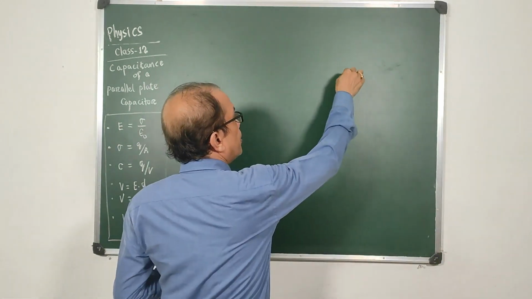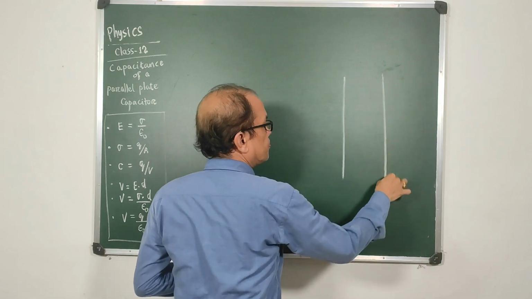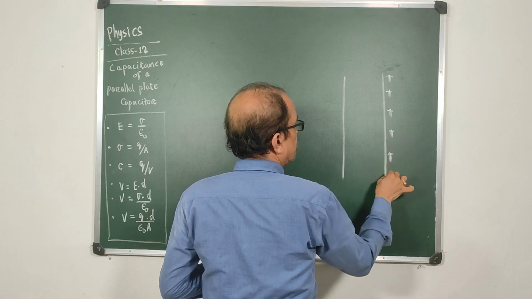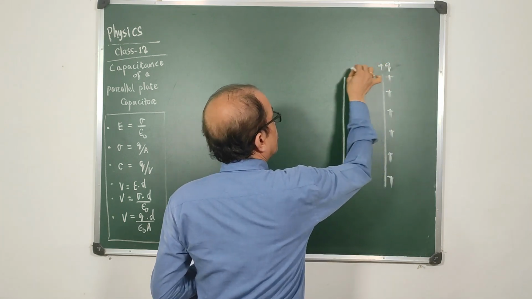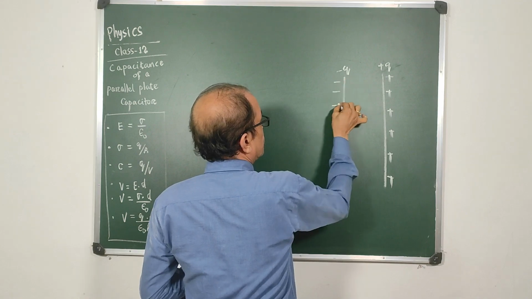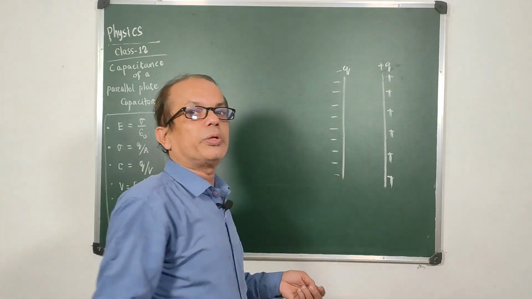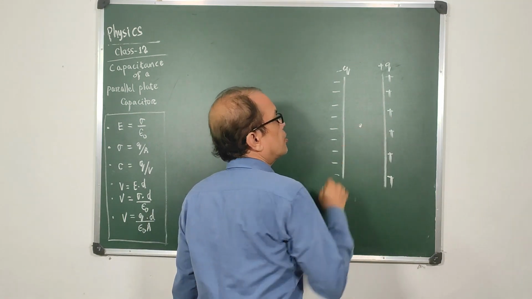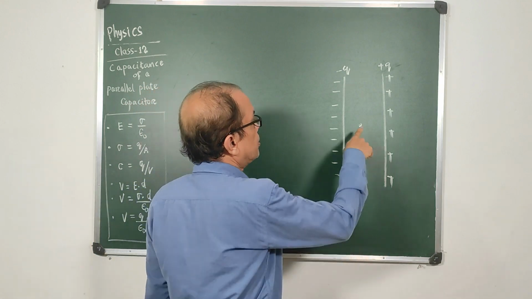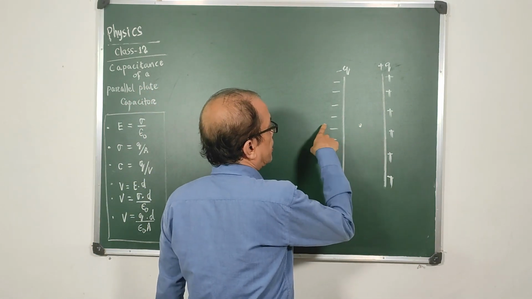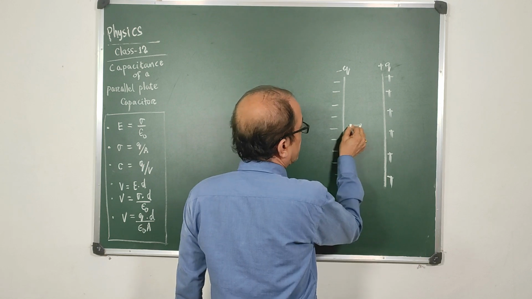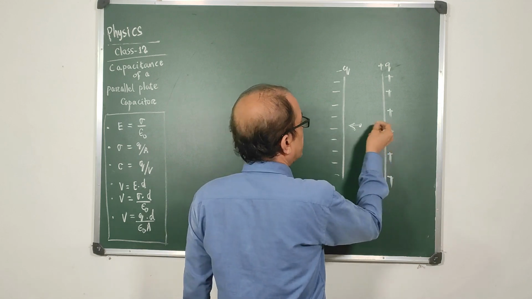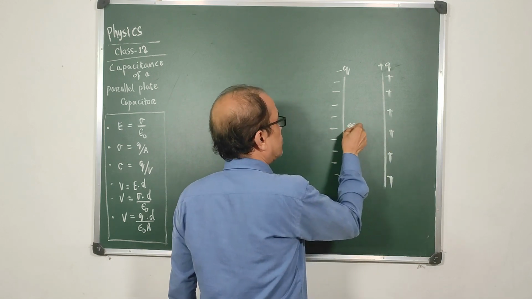If we place a capacitor like this, one of them is, suppose, positively charged, means plus q, the other has a charge minus q, then what will be the nature of field around it? Any point charge placed here will find it being repelled by this and attracted by that. So it will be attracted in this way due to this one and repelled due to this along the same direction.